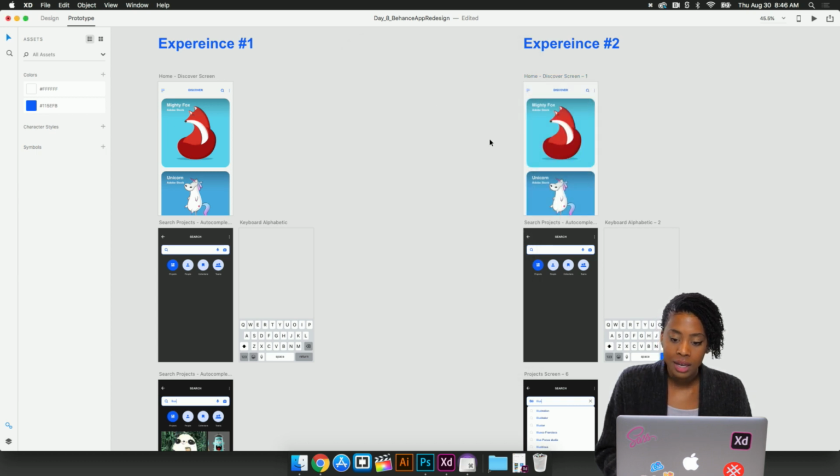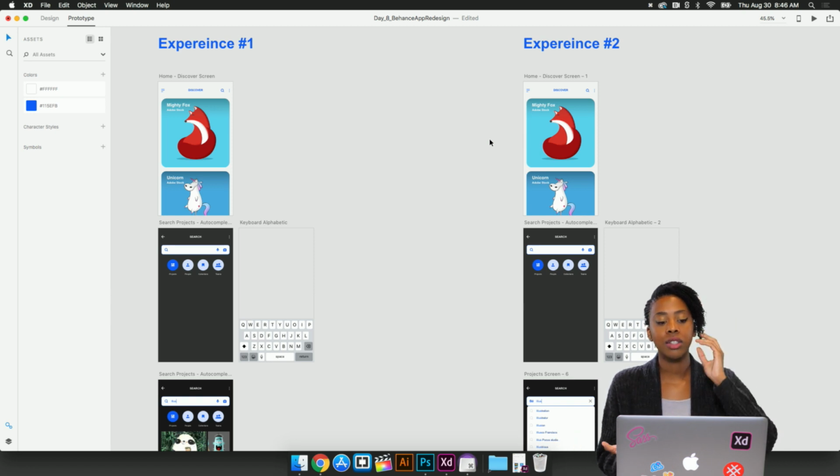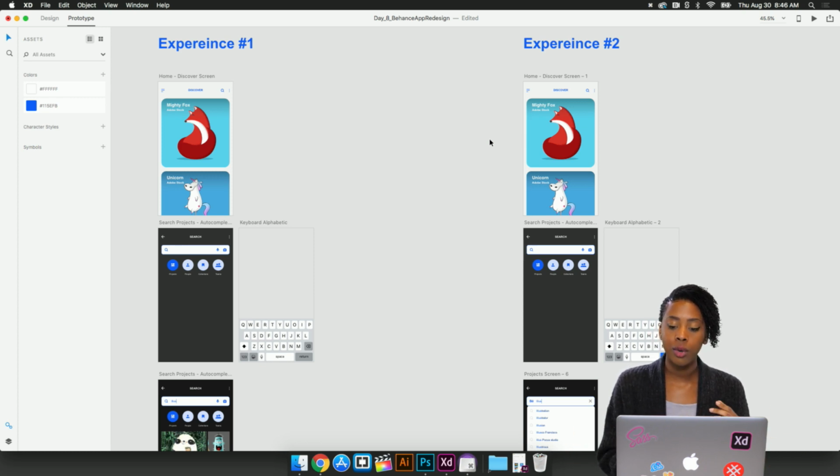Okay, so I think experience number 2 is a good solution given the obstacle the developers told us. And I guess this is a good exercise because it shows us that sometimes you design something and it might conflict with different stakeholders in your organization. So this is a great way for you to problem solve in regards to UI UX design and to find alternative solutions for your problems in UI design.